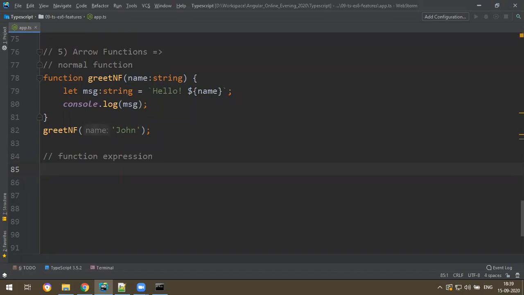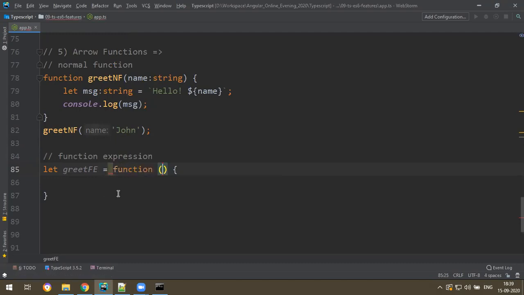That's called function expression. Just like let keyword, greet function name, greet fe function expression is equal to one function. See, just like variable declaration, no?